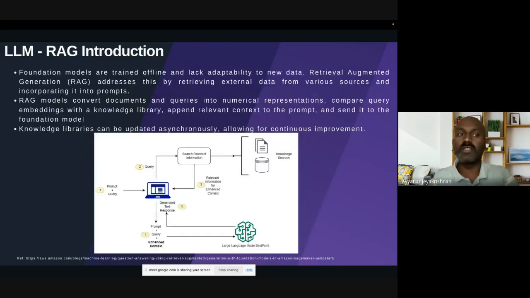Then comes RAG. So we have seen what a prompt is. Then we have seen how to fine tune, and the best way to do the fine tune. Then we are talking about what a RAG is. It's retrieval augmented generation. The simple thing is it will take the data and chunk the data, because in your context window only a certain amount of tokens can sit. It chunks the data, converts it into vectors, as we saw before, and stores it in the